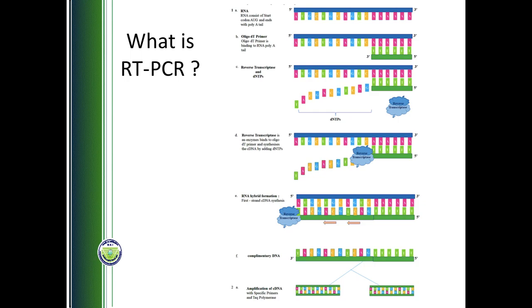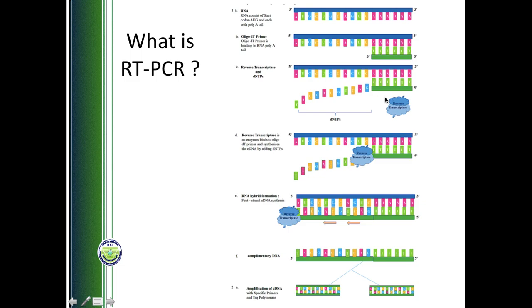Now this reaction is achieved by a specific modification of regular PCR, what we call RT-PCR. In RT-PCR, besides Taq DNA polymerase, there is another enzyme, what we call reverse transcriptase. The job of reverse transcriptase is to synthesize DNA out of RNA. Now in this case, see at the uppermost part of the figure, we only have a single stranded RNA molecule. Then this single stranded RNA molecule binds with a short piece of primer shown here in green color.